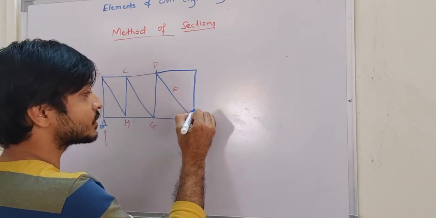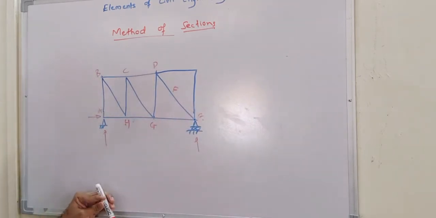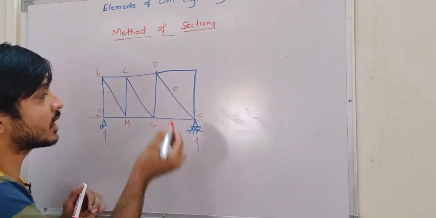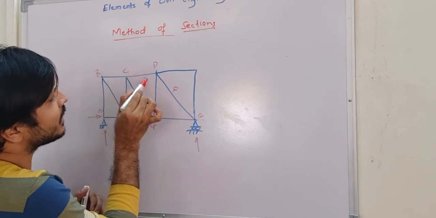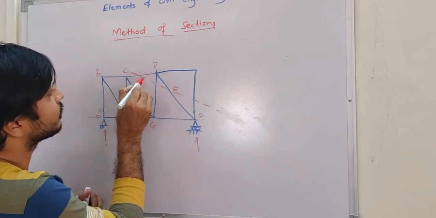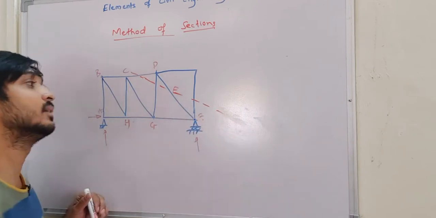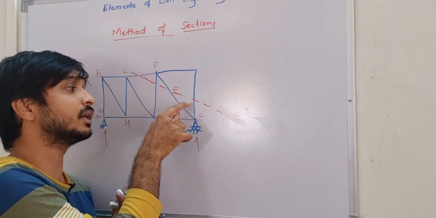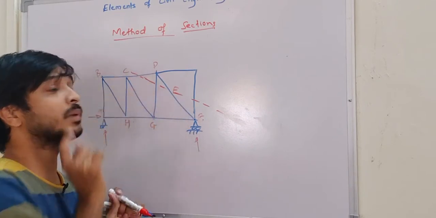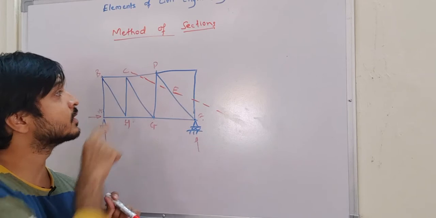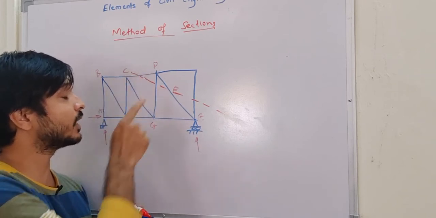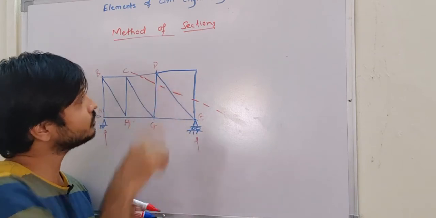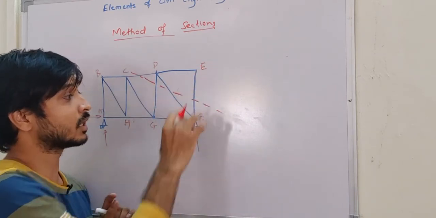When they give method of sections, you don't have to go with the joints. So I can cut the section. Here I have so many options to cut this member. One, I can cut this member like this. This is not possible; this is the wrong way of cutting. Even if you see here, how many members have I cut? 1, 2, 3 and 4 members. What are those members? CD I have cut, DE is also cut, DF is also cut, and EF is also cut. 4 members I have cut.